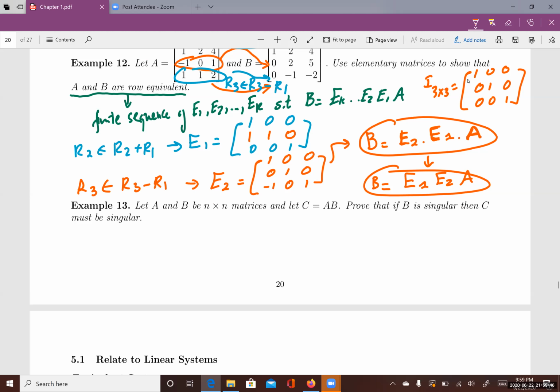So number 13 is a proof problem. You want to show that if A and B are square matrices, n by n, and C is the product of A and B, then if B is singular, C must be singular. So let's try to do this proof